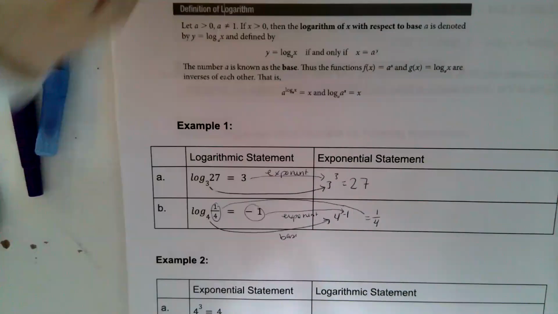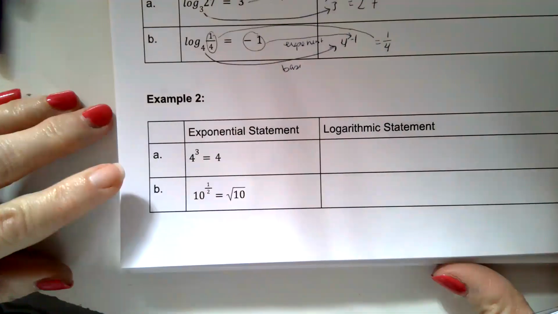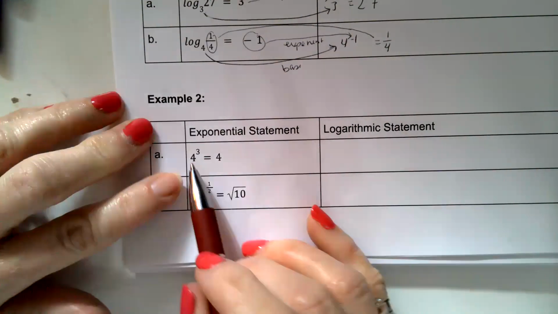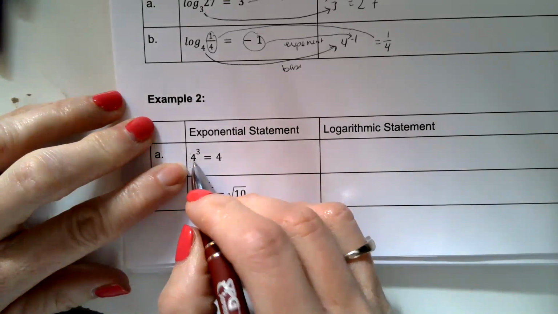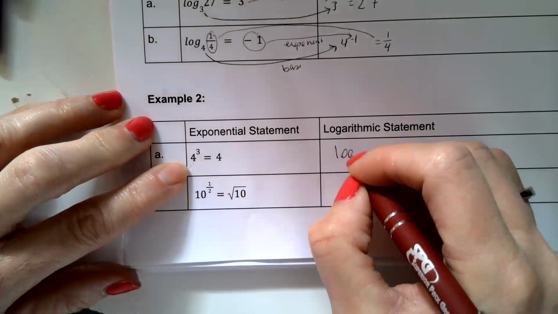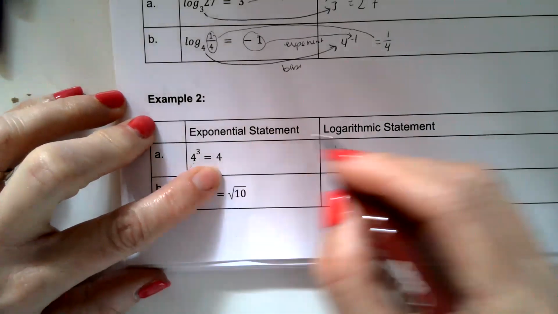Let's go the other direction. So example 2 says, let's say we have exponential form and we want to write it in logarithmic. So this is the base in the exponent. The base in the exponent is the base in the logarithm. So it's log base 4, and then of this 4